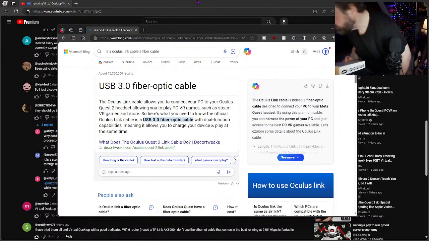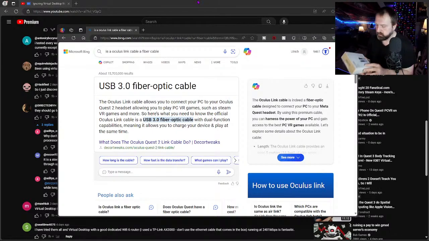If it is one, it'll probably say it on here somewhere. Let's see here. It just says link cable. I'm sure it'll say here. This lightweight flexible headset cable connects Oculus Quest 2 or Oculus Quest to a compatible gaming PC, giving you access to the Rift library. Because, like, you would want it to say on the box if it was, right? It doesn't say.